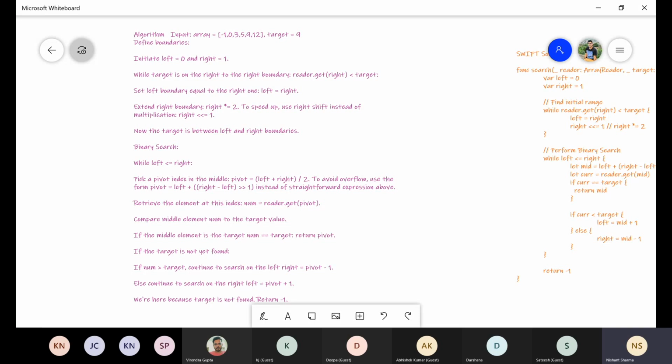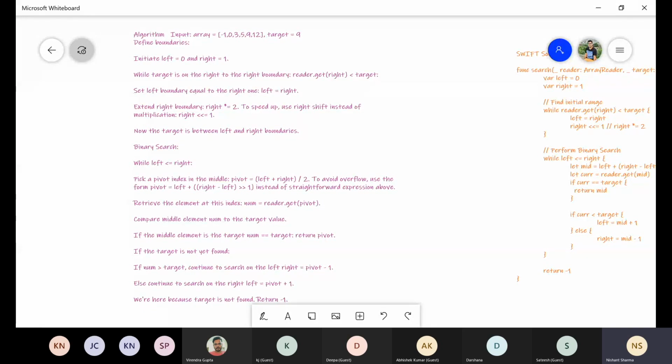So we initially took some assumptions. Assume that low is equal to 0, high is equal to 1, or we say left is equal to 0 and right is equal to 1. Then we check whether the target element is greater than the right element or not. There is an API given in the method itself to get the element by index, so we pass right as an index. We check the element is 0. Now we compare 0 with the target value, whether it's equal to, less than or greater than.